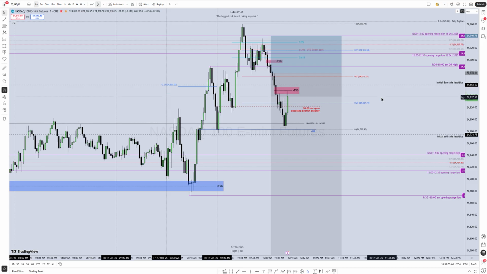Having fair value gaps all over, and we are trading back into that fair value gap. I expect the market to stay within the lower half of that. We just rip back into